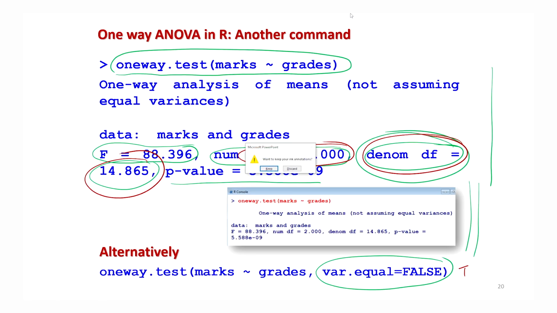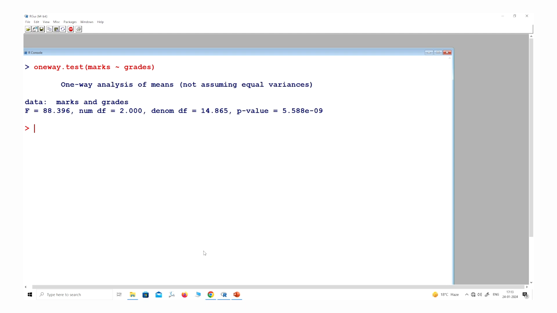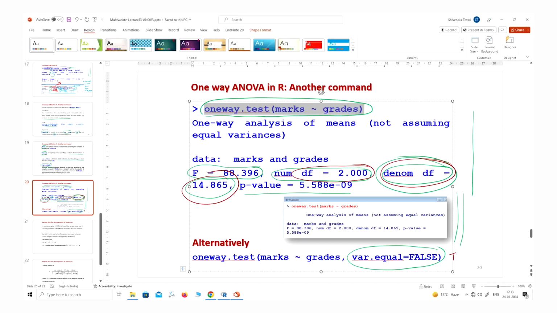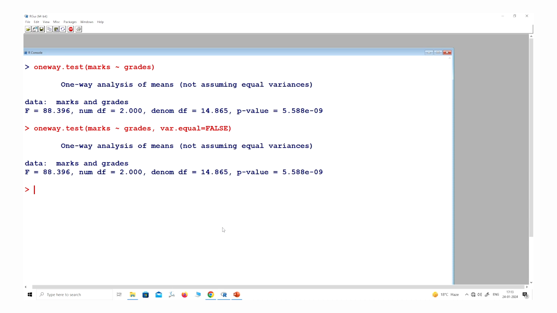Before I explain the Bartlett's test, let me show you these things on the R console also. Let me copy this command here, and you can see it will give you this. If you use the command where you have the option var.equal equal to false, which is the default, both the options come out to be the same.